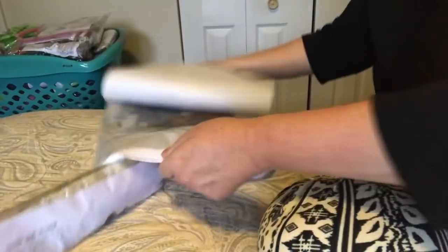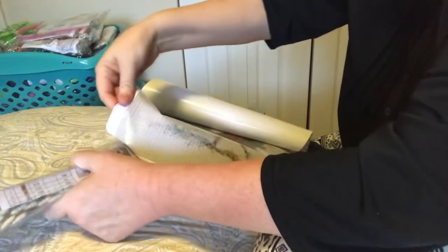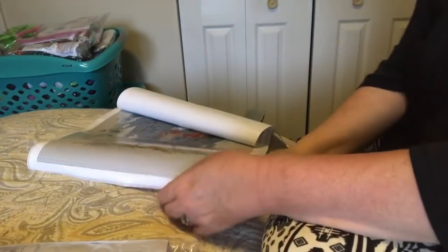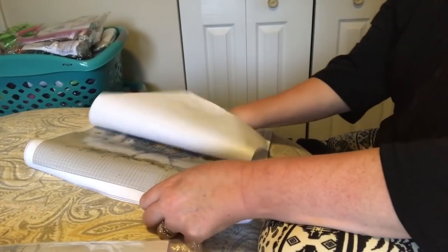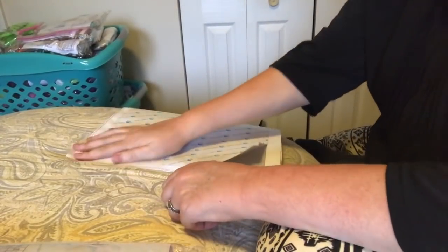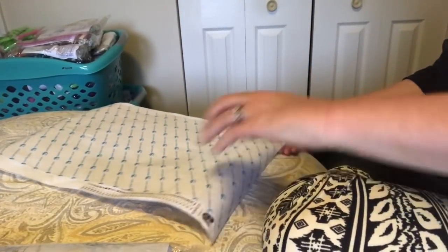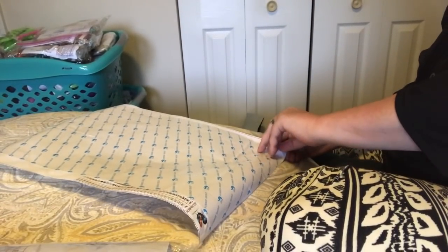And it's going to be fun. Oh, I stuck to the plastic. Oh no, don't do this. There we go. Slow and steady wins the race. Always. Which means don't do what I just did and freak out and bounce it up and down. I could have ripped the plastic and then...